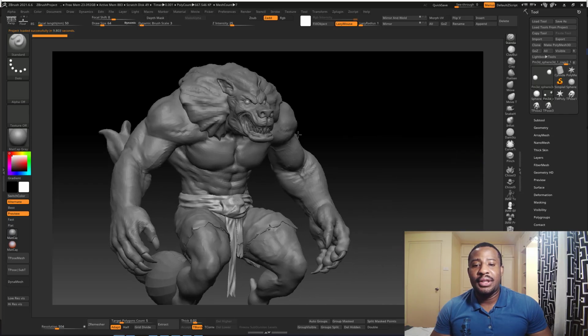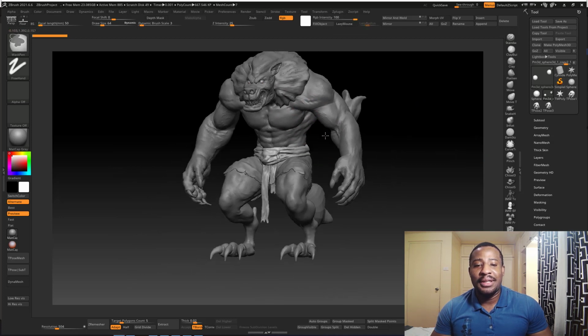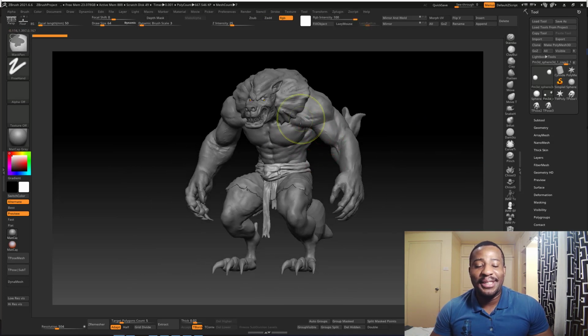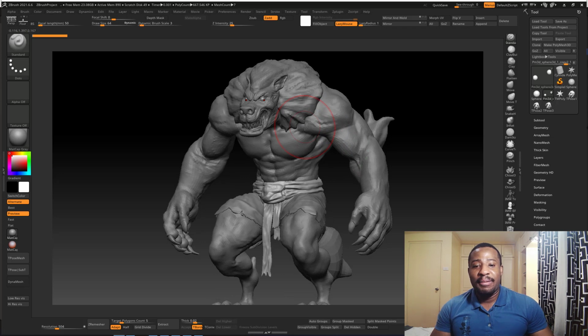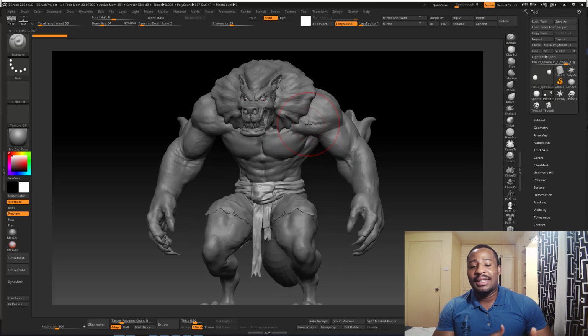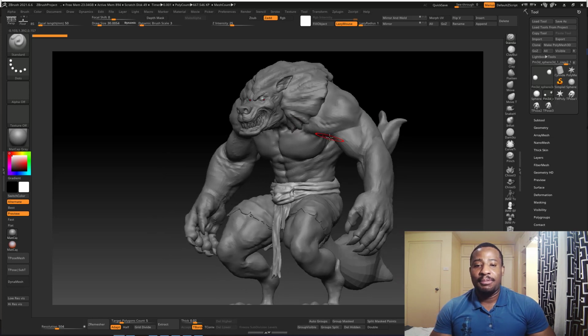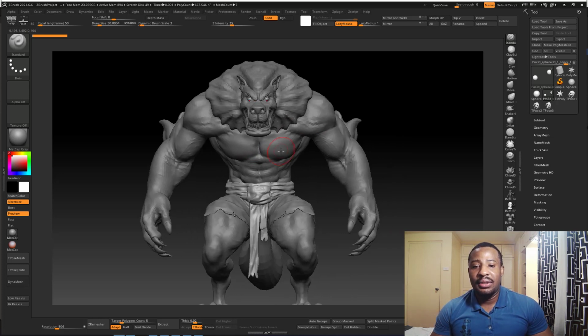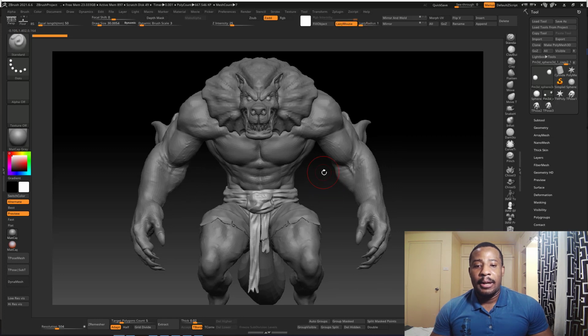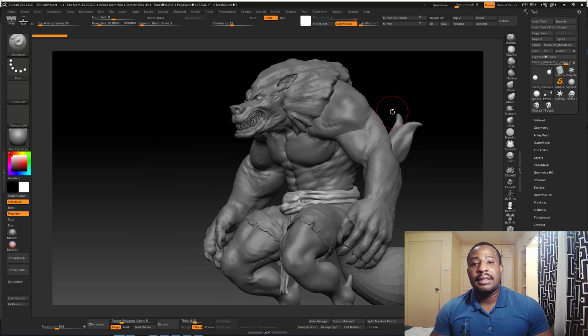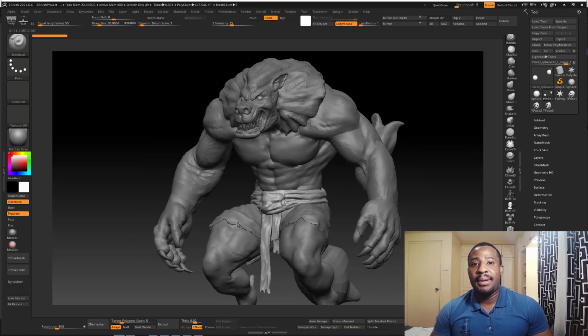So for ZBrush, one thing you will definitely get with ZBrush is bad user experience, especially if you're just starting out. But what ZBrush lacks in the experience, it makes up with in the tools and functionality, which we'll be talking about in a bit. The learning scope for ZBrush, especially just getting the navigation, which is quite weird, and just accessing tools and finding things, it can be a bit tricky.